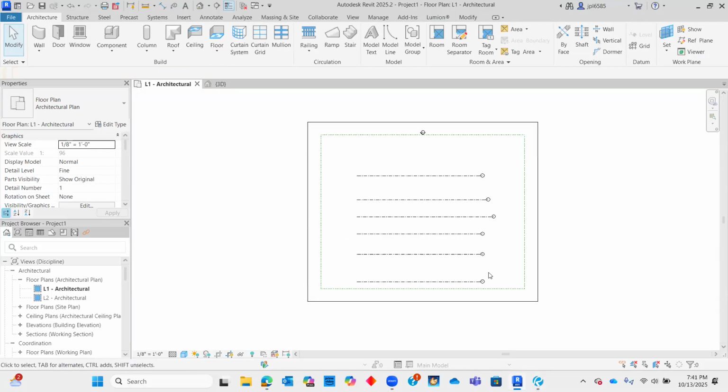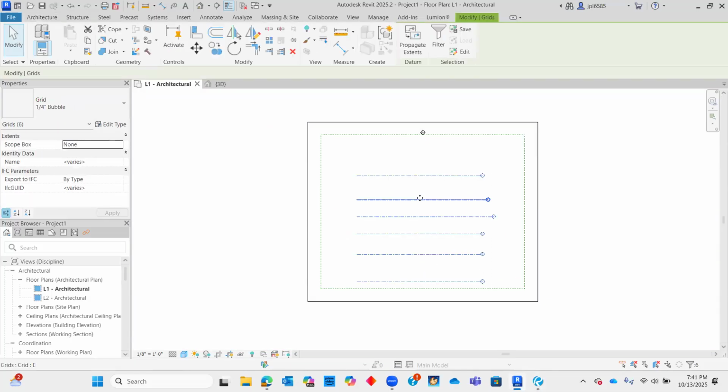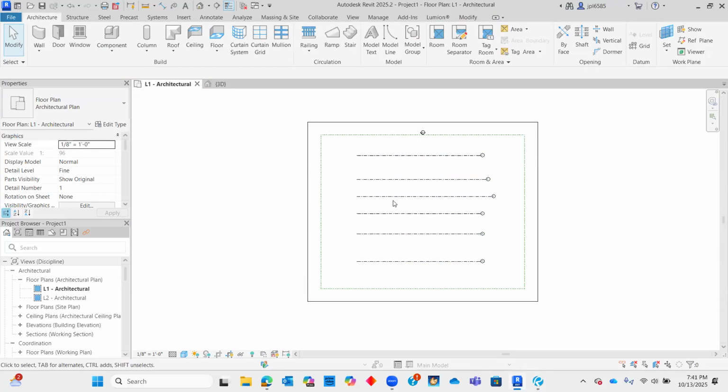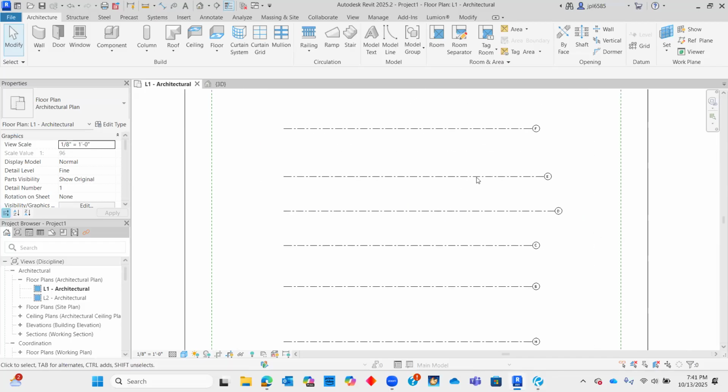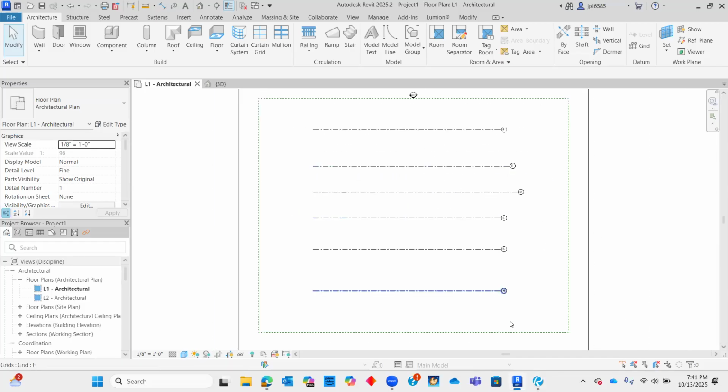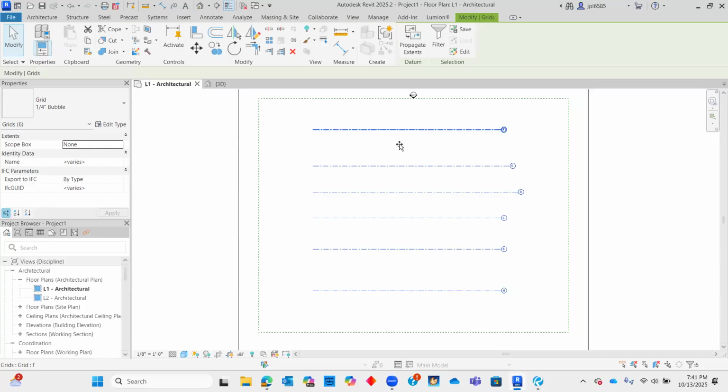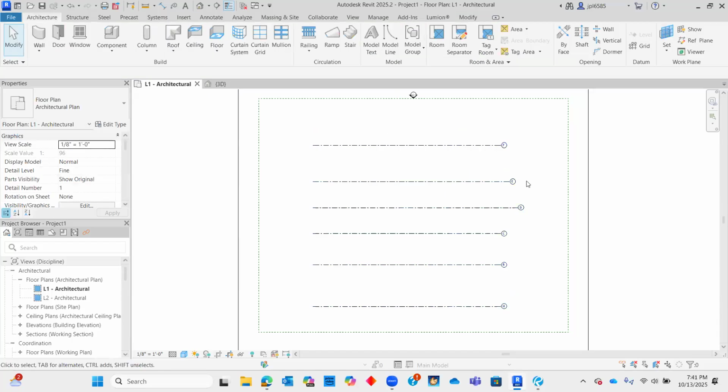I'm going to take all my grid lines and just move them up so that they're centered in this box. Okay, so the best way to do this is start at one grid line and set that as your main grid line, and then do all of your measurements or dimensions off from it. That's how I like it. So if we're putting F as our main grid line, for example,